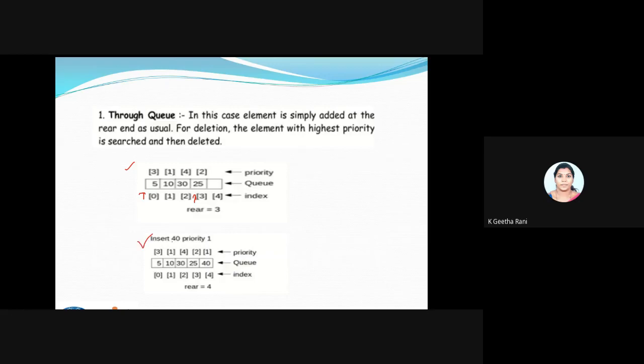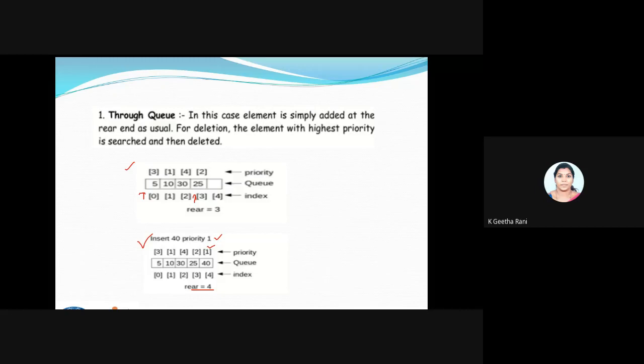You can see while inserting itself, I'm giving a condition with the priority number. Usually in our queue or stack, we won't be using this at all. We don't have a number, we don't have a key value. But in priority queue, we have a priority number. So while inserting 40, I'm specifying a key value, that is my 1. Our insertion always happens only at the rear end of the queue. So obviously I have to increment the rear pointer. Now my rear becomes 4, and I'm adding the element 40 with a priority 1.